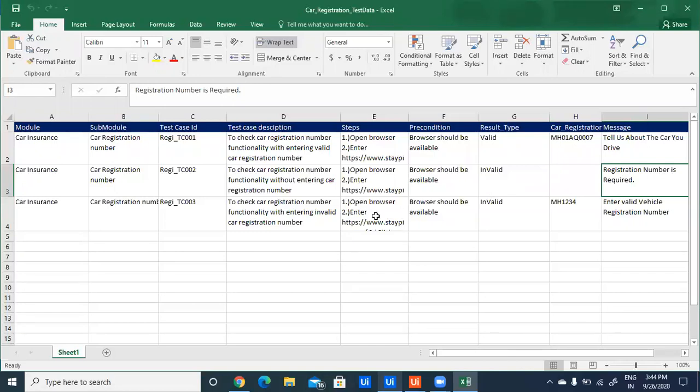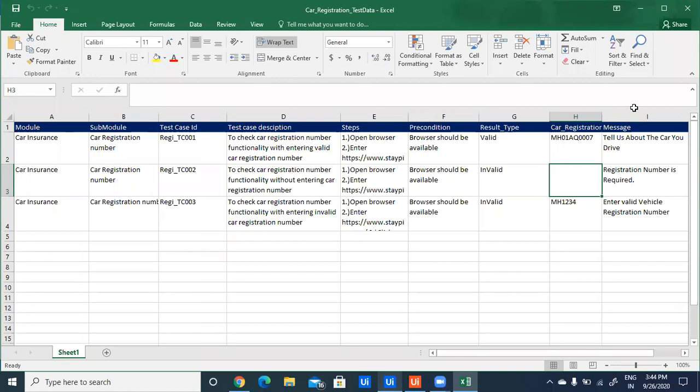After entering an invalid registration number, we will get the message to enter a valid vehicle registration number. We will create these 3 test cases based on our module, check the outcomes, and check our test results on UiPath Orchestrator and in the test management integration tool.